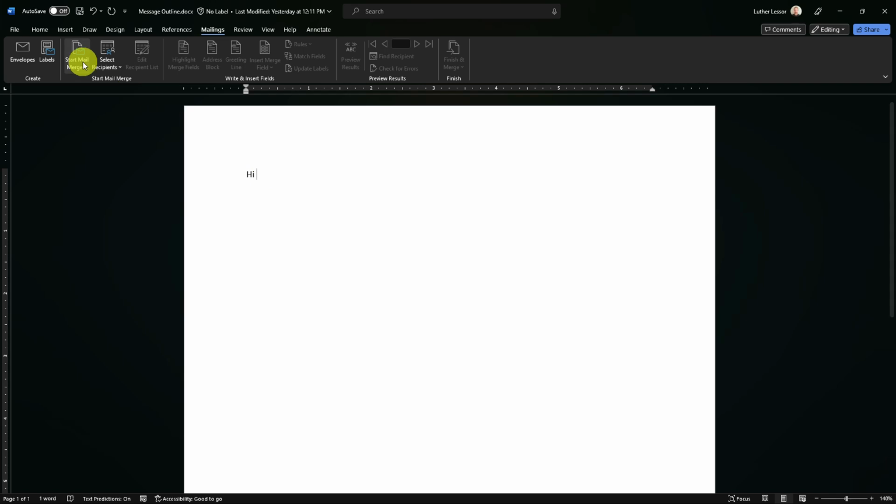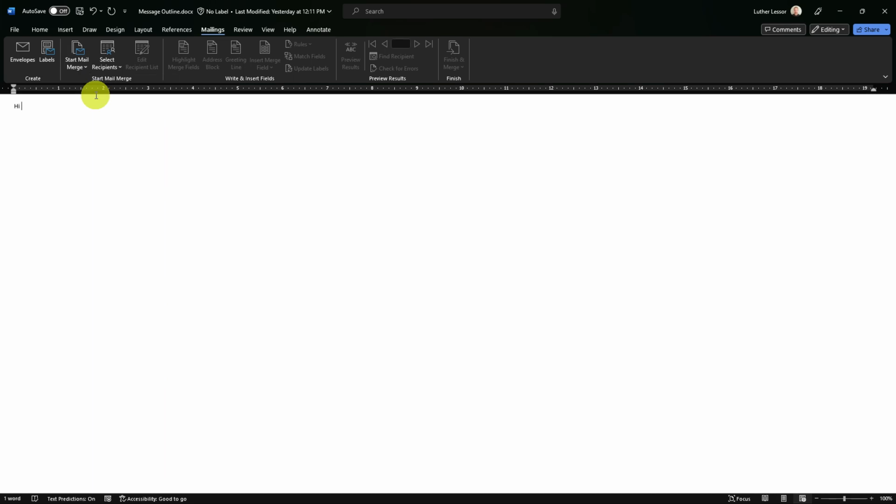I want to actually start mail merge. And you've got a bunch of different options. Apparently, you can use it to send or create labels or a directory. I'm going to use this to send individualized email messages. So you'll see it formats it a little differently. Let's see if I can zoom in here and increase my text size. Great. I'm going to insert the person's name here. I want to say hi, individual.